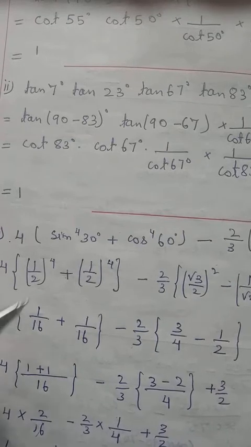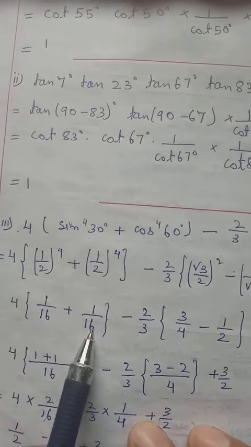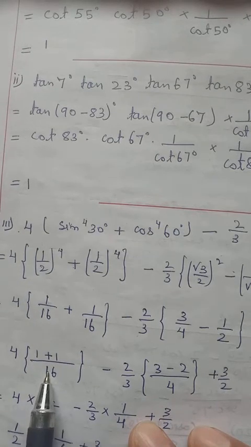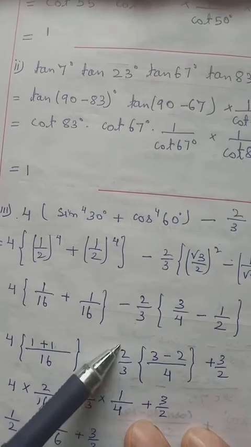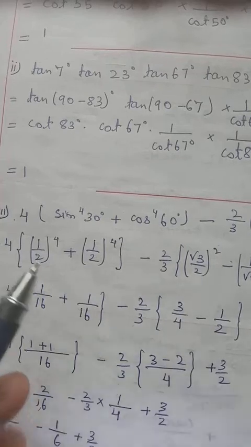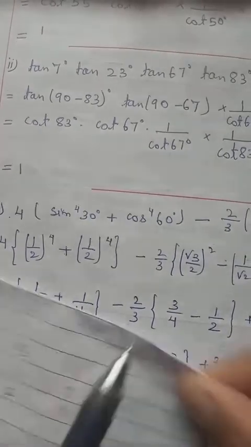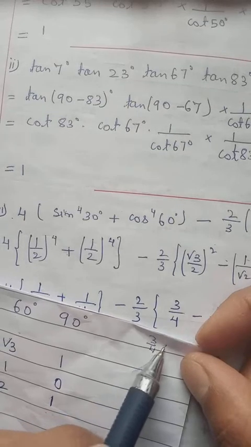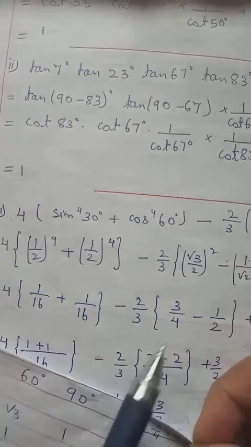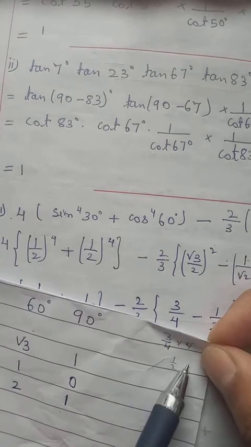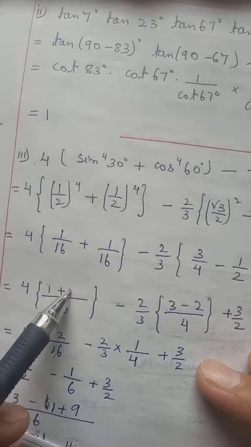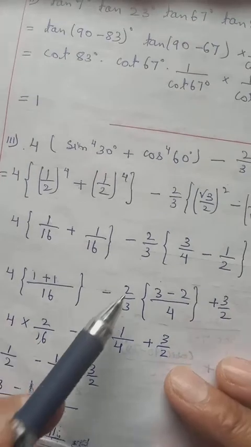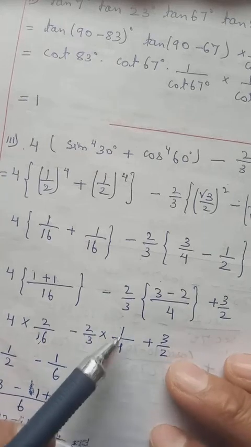We finished removing the squares, then here we have fractions. So let's find LCM. 16 is the same, so you can write 16. Numerator also will be same, 1 plus 1. Then minus 2 by 3. LCM of 4 and 2 will be 4, so there we write 4. So take the fraction and multiply with LCM. 4 divide 4, 1 into 3, 3. Then 1 by 2, 2 divide 4, 2 into 1, 2. Plus 3 by 2. So now here you have 1 plus 1. No sign means multiply. Then 2 by 3 into 3 minus 2 will be 1 there.